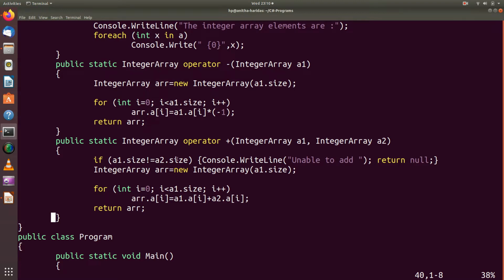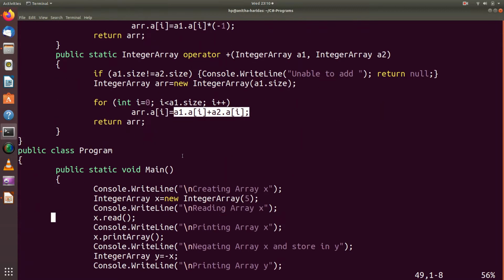Otherwise, if the sizes are equal, you create a new array. Then add the elements of A1 with the elements of A2, store it in the new array, and return that array. So this is what we do in this particular program.